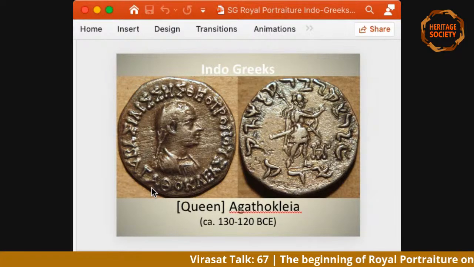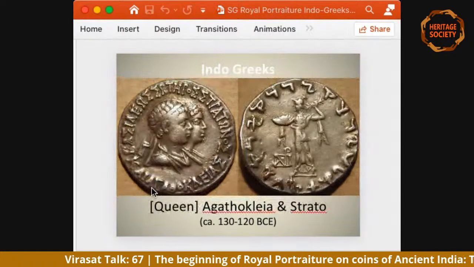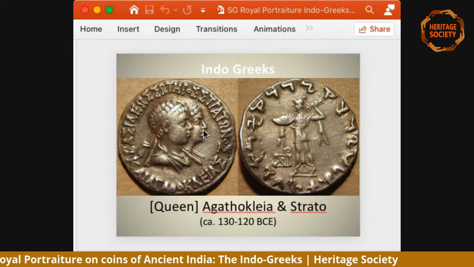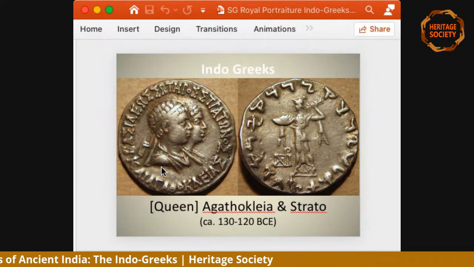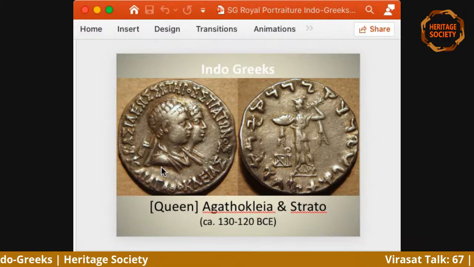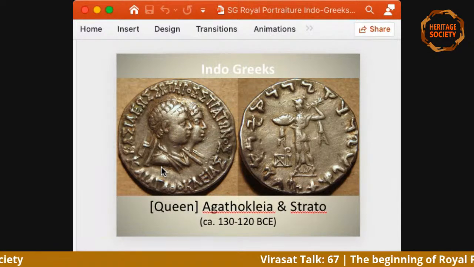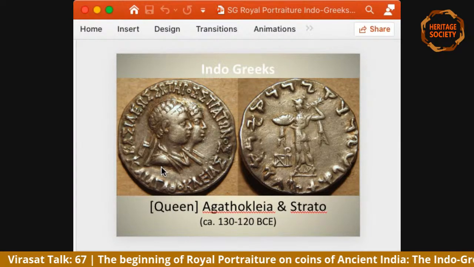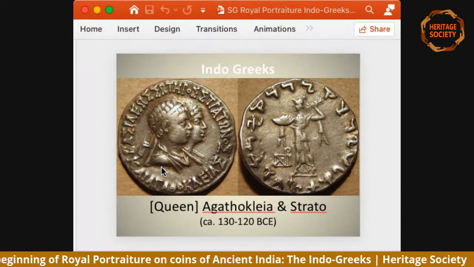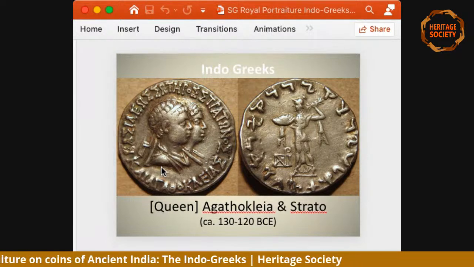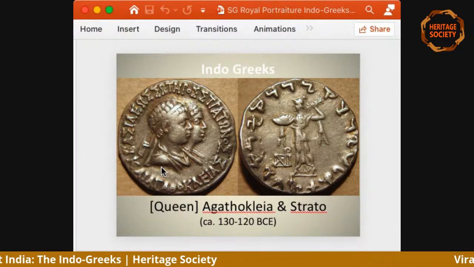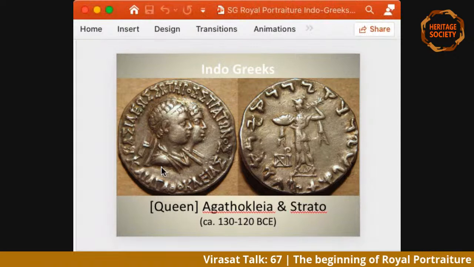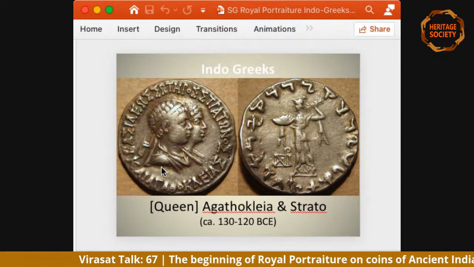Who this queen was is known to us from another coin, which is this one, which shows the jugate image of a lady and a young boy. So here we know from history that Agathoclea was an Indo-Greek queen who ruled in parts of northern India during the 2nd century BC as a regent to her son Strato. So Strato was probably a minor, and for this reason, his mother, Agathoclea, took the reins of the kingdom in her hand,